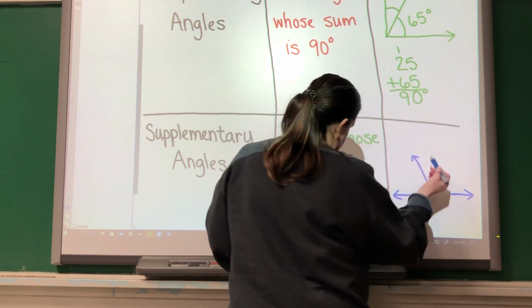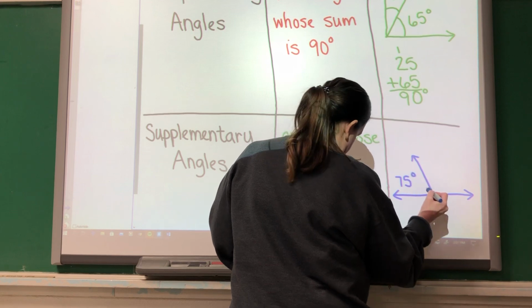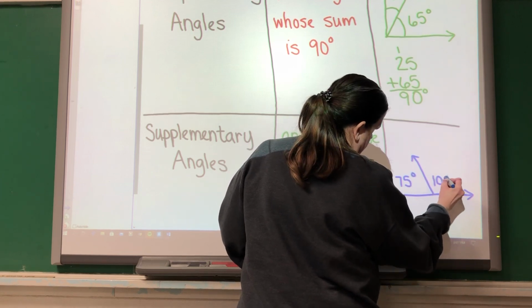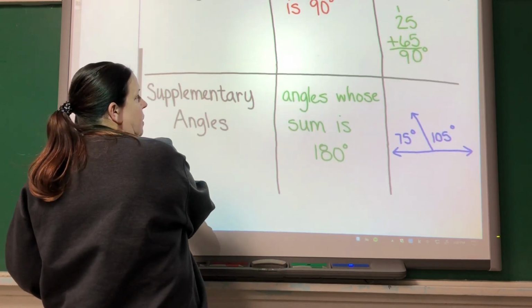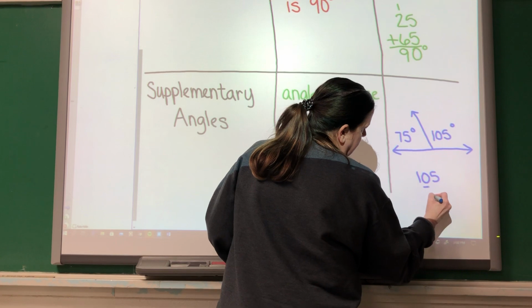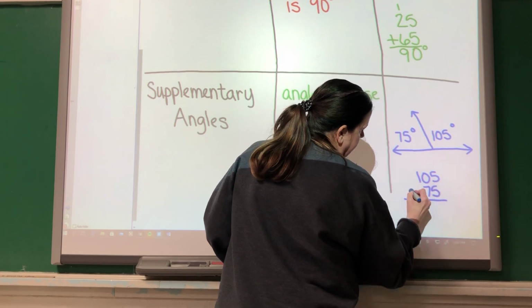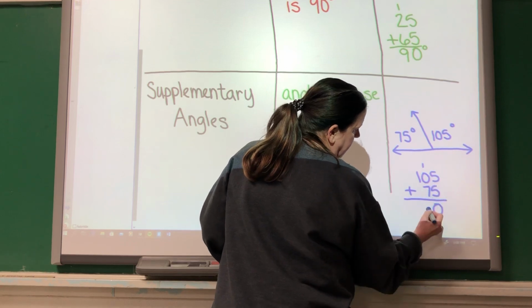So you might have something like this. Okay, so if I add my 105 and my 75, 5 plus 5 is 10, carry the 1, 1 plus